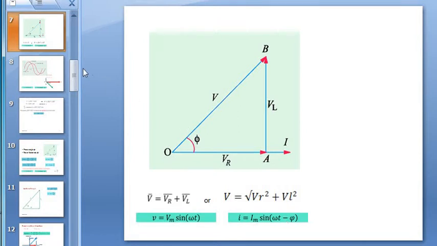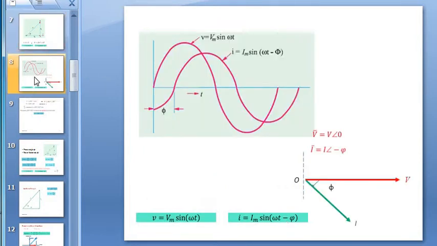From this phasor diagram, we can also draw the waveforms. Okay, this is the waveform of voltage and current. The voltage equation V is equal to Vm sine omega t. There is no phi. Therefore, this voltage waveform will start from the 0 axis. It will complete its cycle. At 90 degree, it will reach the positive maximum value. At 180 degree, it will complete the positive half cycle. At 270, it will reach the negative maximum, and at 360 degree, it will complete its one cycle.